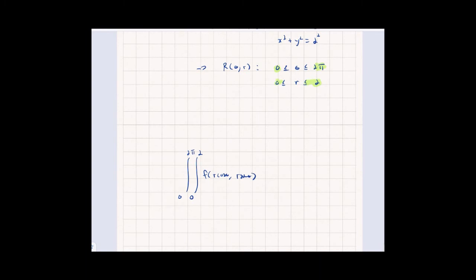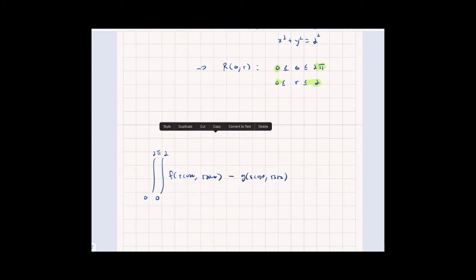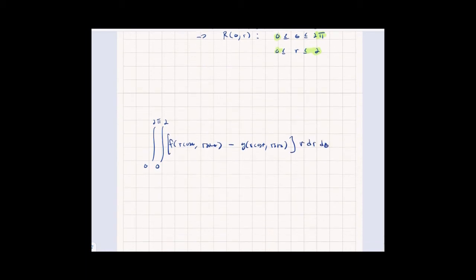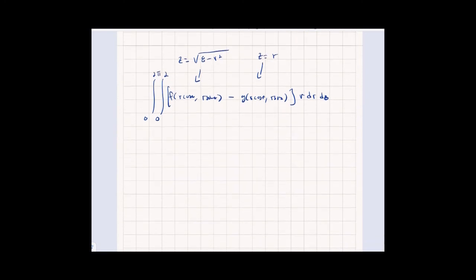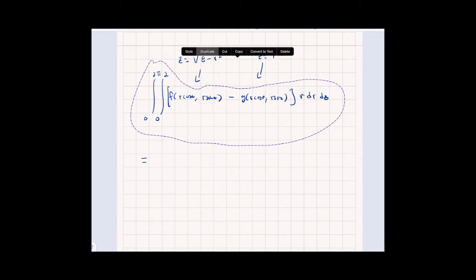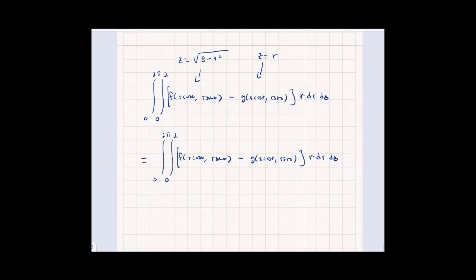Because we would have minus g of r cos theta, r sine theta, and then we throw in our r dr d theta, and of course our f is square root of 8 minus r squared, and our g is just r. This is z is equal to this, or f of r and theta is equal to this. This is z is equal to r. So we get this thing being equal to, and I'll just duplicate it and bring it down. This thing is equal to